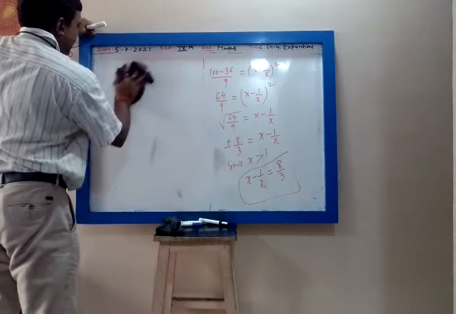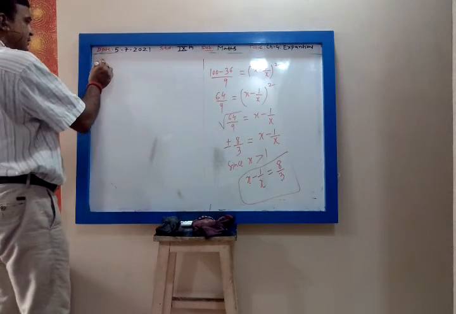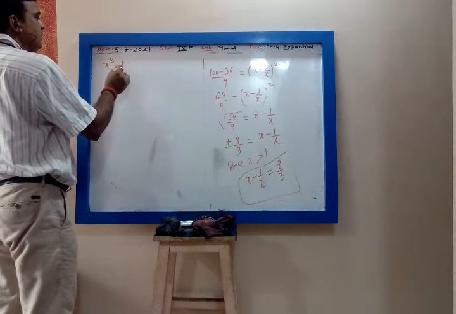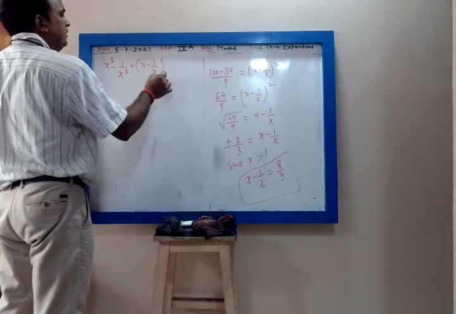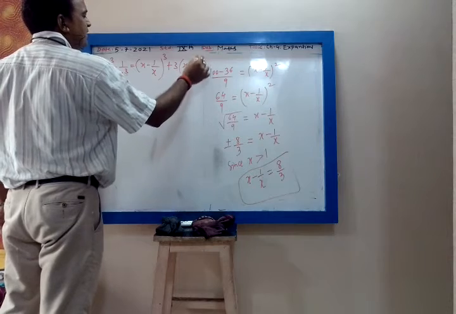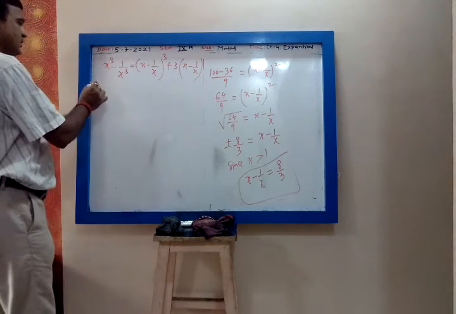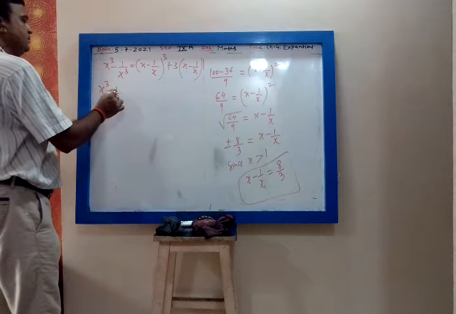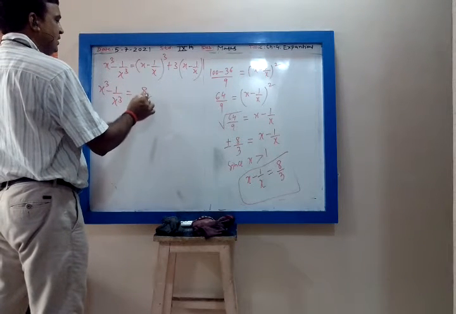Yes, we use the direct formula. x cube minus 1 upon x cube will be (x minus 1 upon x) whole cube plus 3 into (x minus 1 upon x). What you have to remember in this: when inside I am taking minus sign, outside it is plus. So x cube minus 1 upon x cube, where x minus 1 upon x is 8 by 3, is (8 by 3) cube